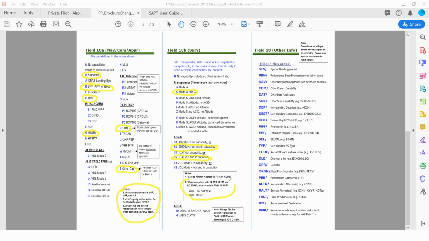But what is important is this note right here. So when you're compliant and it lists the FAR in the advisory circular, in surveillance, in field 18 SUR, which we're going to get over to field 18 in a second, you're going to put either 260B or 282B to do that, okay? ADS-C, that may be a form of ADS that you haven't heard of. That's a transport category thing. So if you do need to fill this out, you're flying an airplane where you've probably received training to tell you to do that. So I'm not going to worry about that.